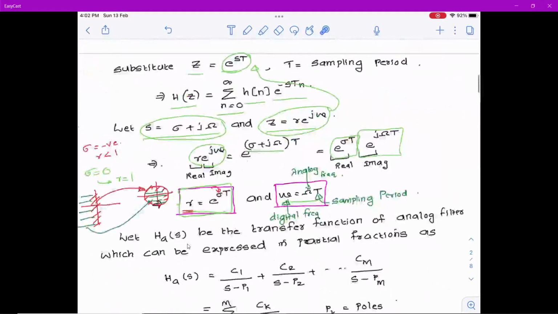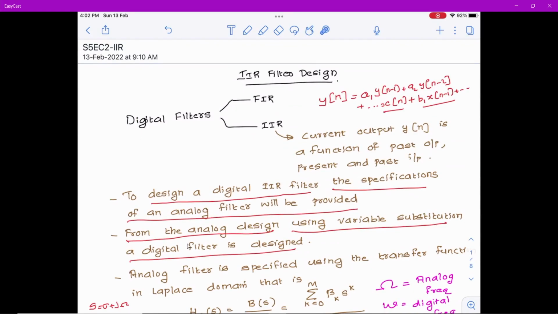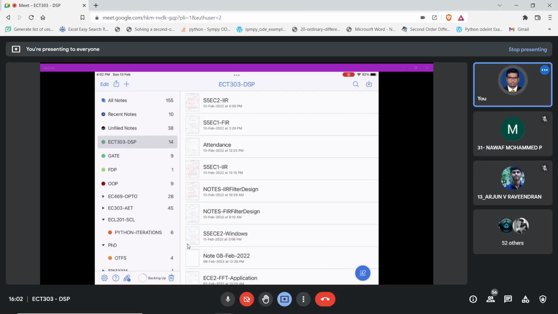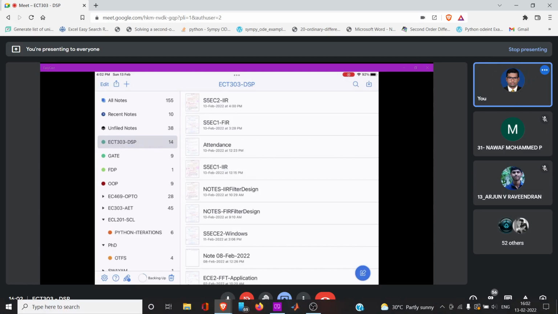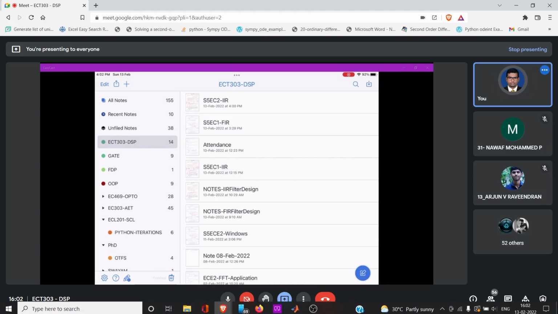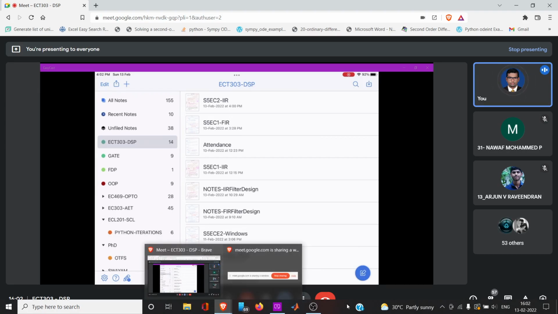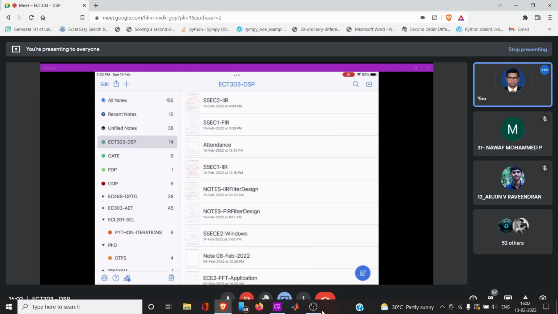We have one more method of IIR filter design, which is the Butterworth method. It takes some time to explain that, so we will do it maybe tomorrow. I think we have a special class maybe during that time, or if you haven't finished by that time, then we will do it when we